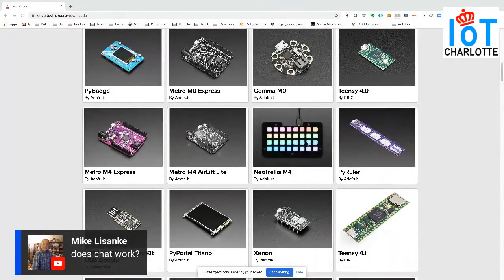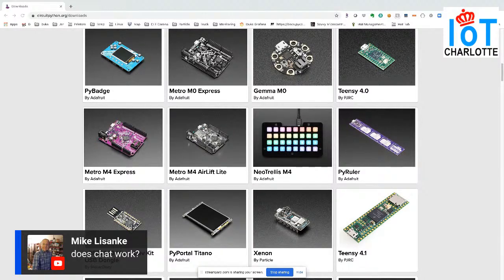The NeoTrellis is an RGB LED display, and it's got sound support. It's got a huge amount of memory, USB. Unfortunately, the only thing bad about it is you can't hook up a Wi-Fi controller, so it's not Wi-Fi.